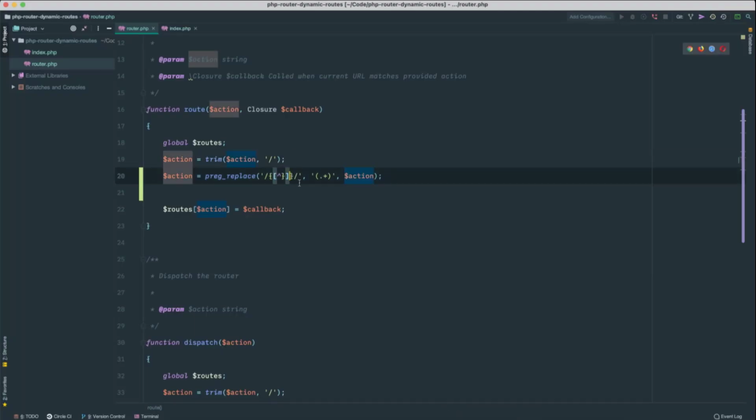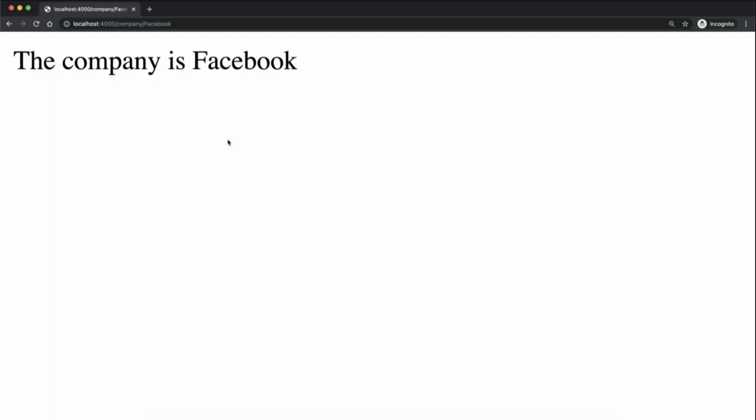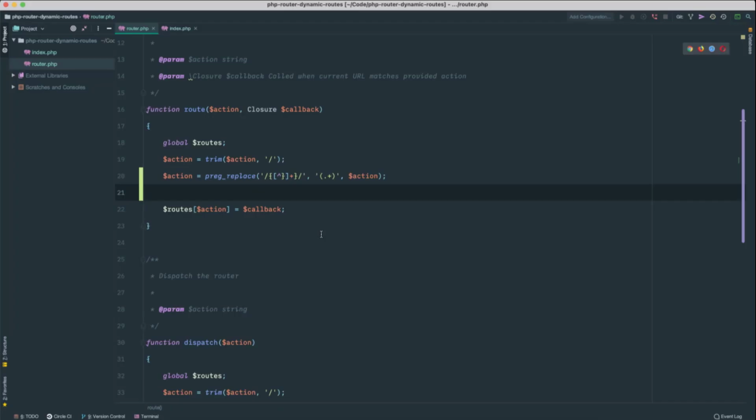Okay, we need to make sure the characters inside the curly brackets are one or more characters, not zero. So we just need to add this plus here. I hope that solves it. Yeah, so here we go. Hope this was helpful.